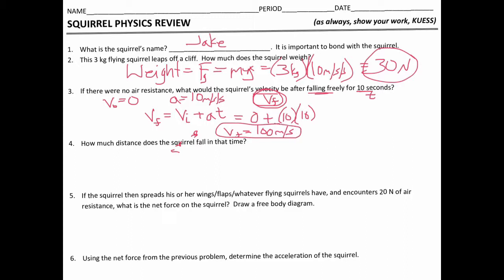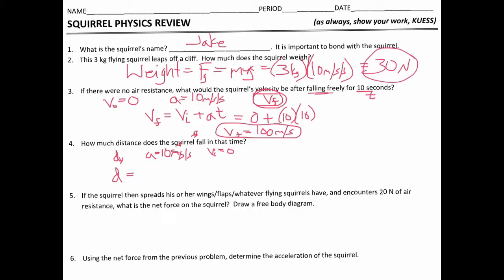There we go. Alright, so how much distance does the squirrel fall in that time? Now I want a vertical distance, dy. Again, my acceleration is 10 meters per second squared. My initial velocity is still 0. My final velocity is 100. Be careful just doing d equals vt because this is accelerating. You would need an average velocity, and you could do that, but I'm going to go with the equations that